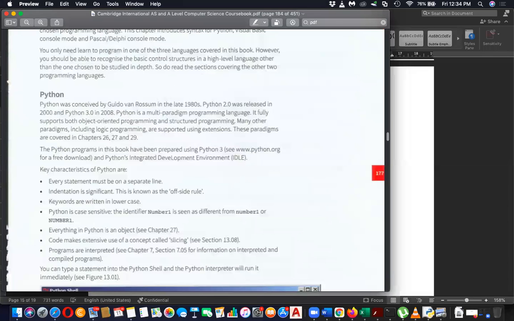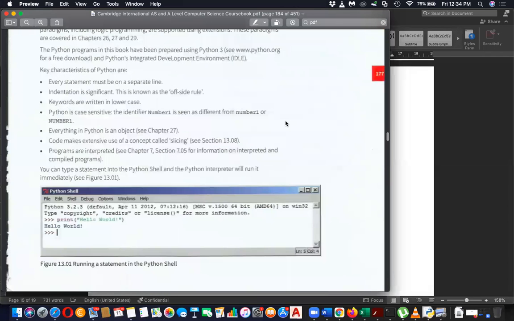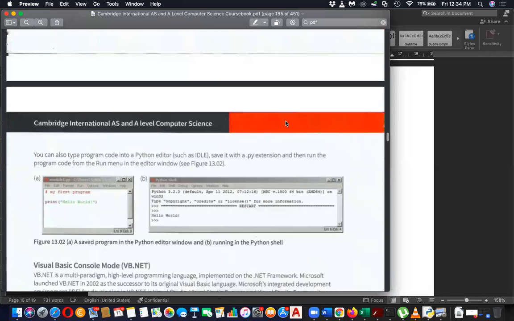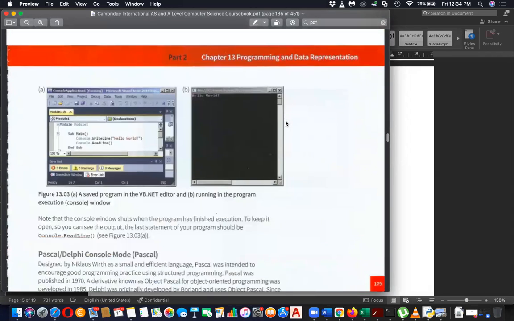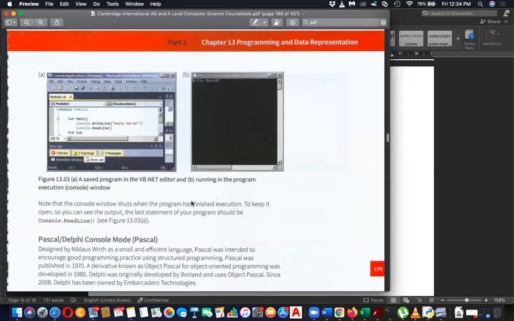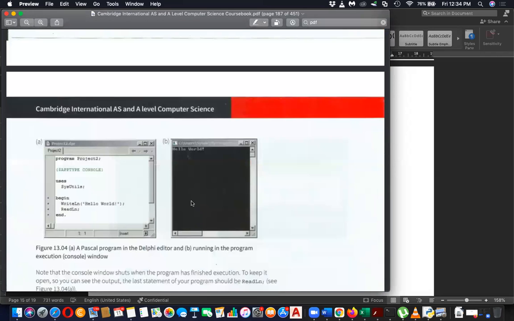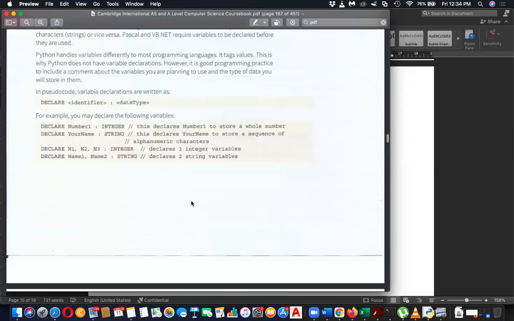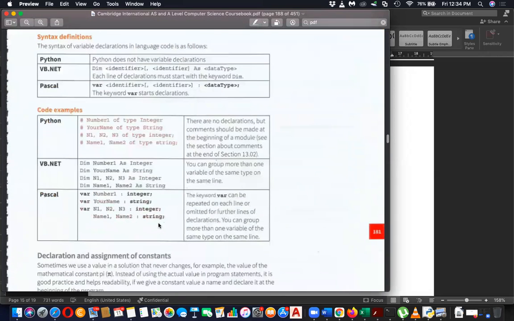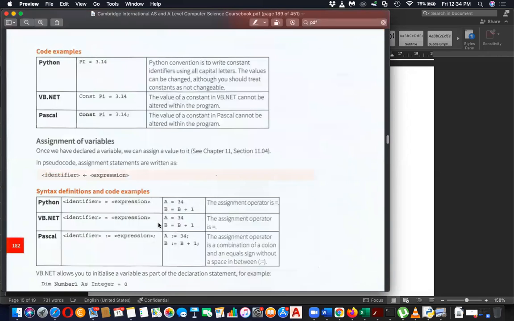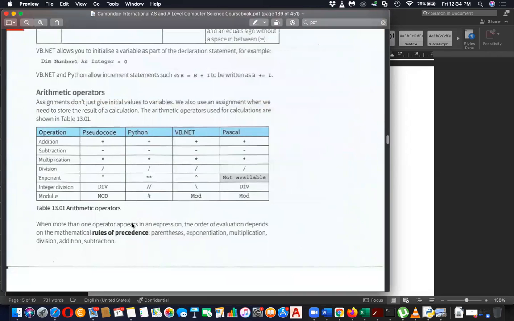Okay, we started discussing the features of Python and how to use the Python shell and write new programs, as well as how to get an output. Then the basics of programming, like declaration of variables and the data types. So the arithmetic operators discuss addition, subtraction, multiplication, division, exponent meaning the power,